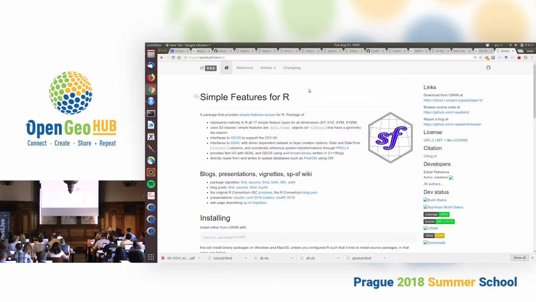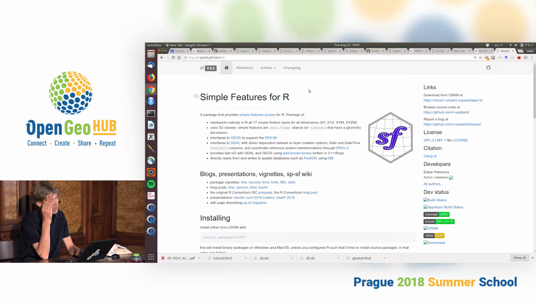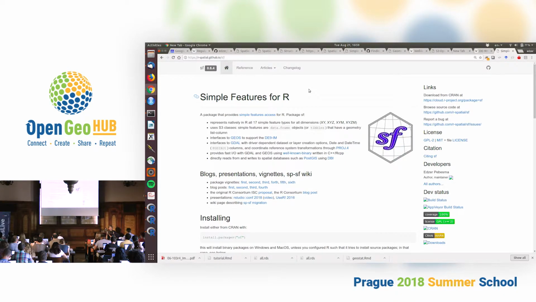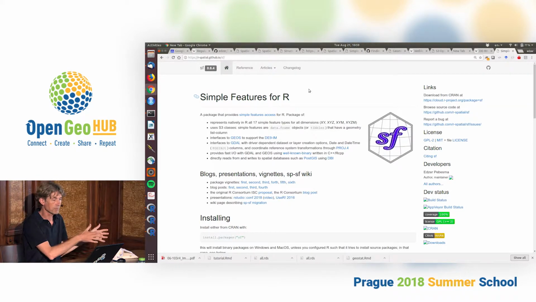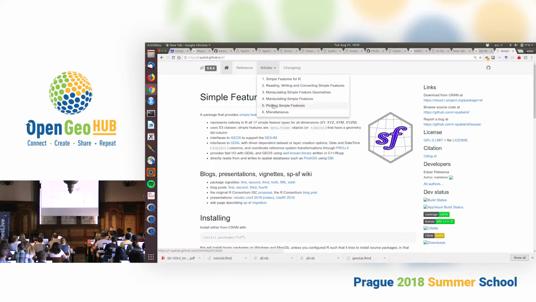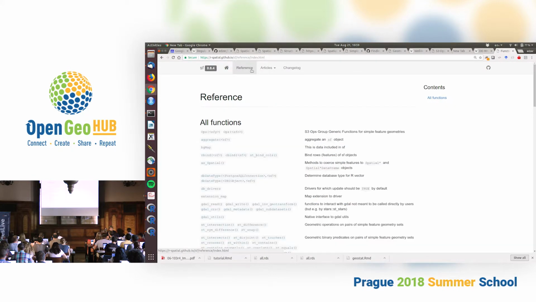I think that is auto-generated, although it still doesn't work entirely the way we would want. In principle, the idea is that anytime I push something to the GitHub repo, this whole documentation is automatically regenerated and pushed to the website. So this is up to date with the development version on GitHub, not with the CRAN version, so there are slight differences. Then under articles you find the 6 vignettes, and under reference, you find